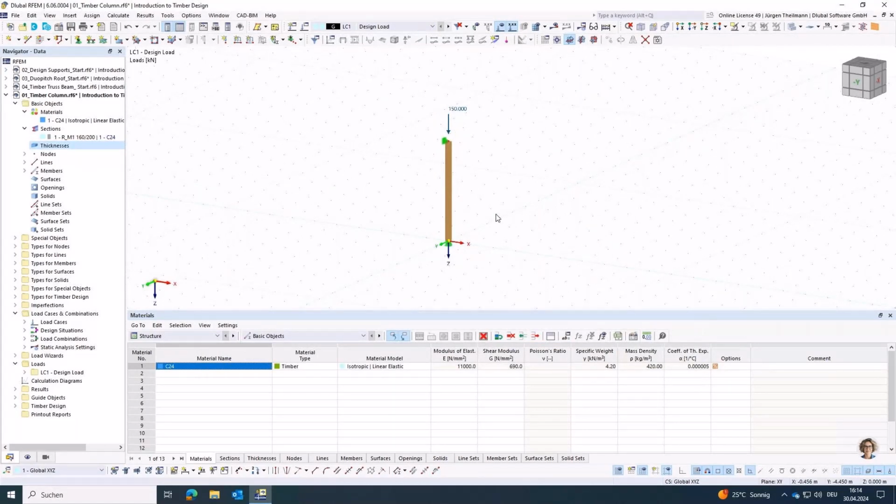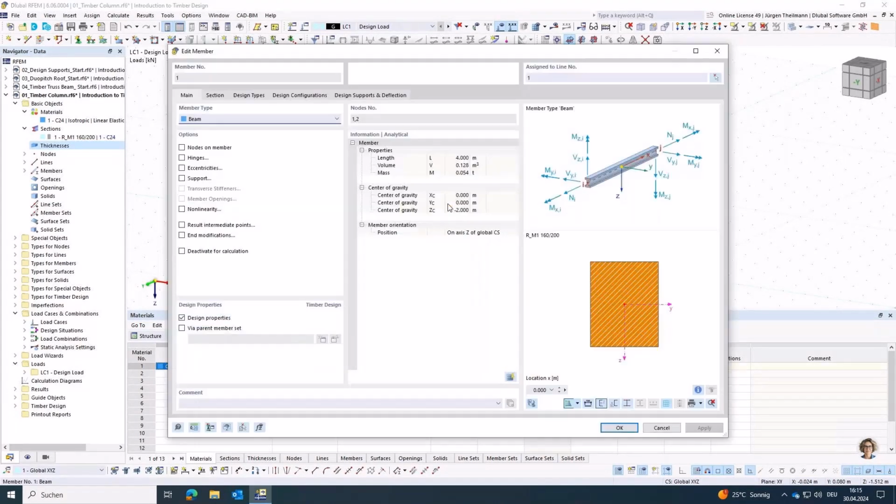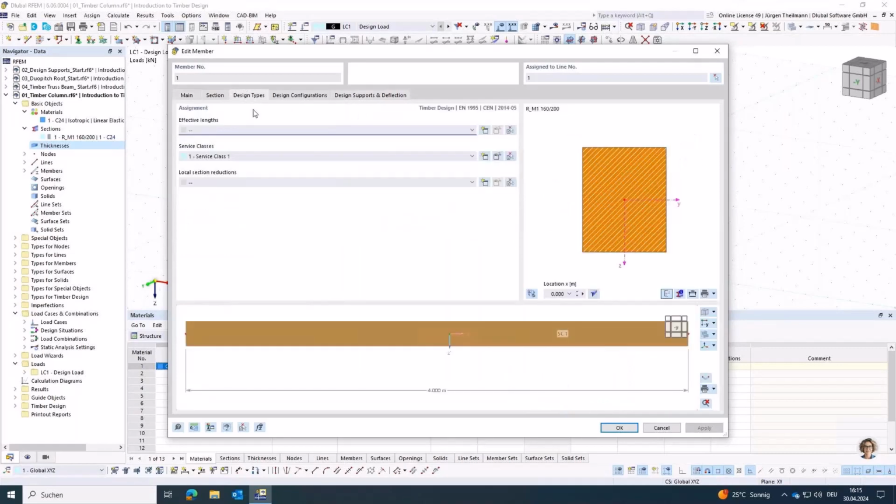Good. So when we now want to perform the design checks, we need some more information about that member. So I will double click on it. You can see that the design properties are activated, and therefore now I can switch to the additional tabs where I have my design types,